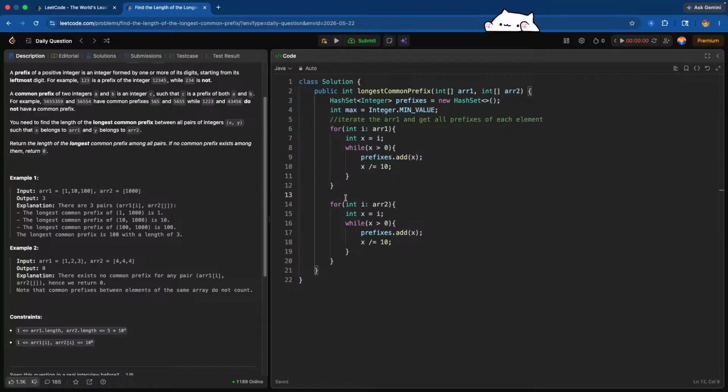Integer.MIN_VALUE. If prefixes contains this x, then